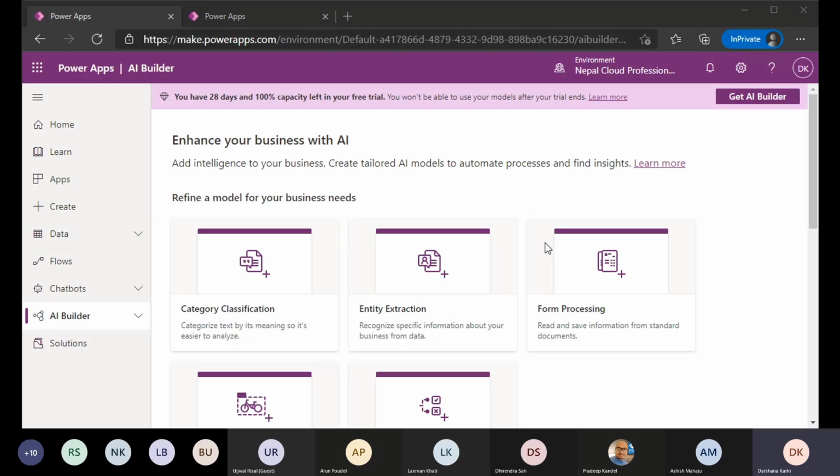That's how AI Builder itself works in the domain as well. You can have a model built using AI Builder, and then you can readily connect it with the Canvas app, or you can also readily connect it with the Power Automate flow, and then use the data that the model gives and store it in an Excel or wherever you want, however you want, right? So some of the things that AI Builder